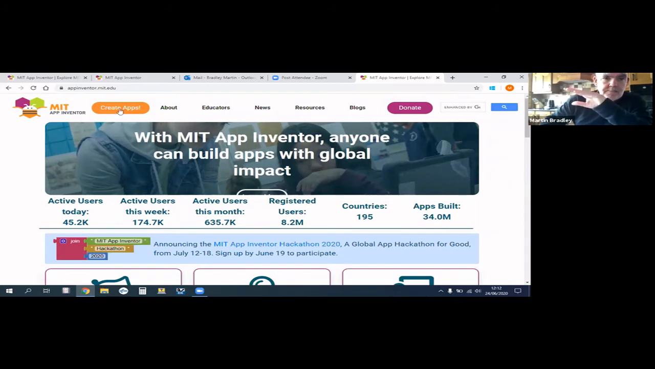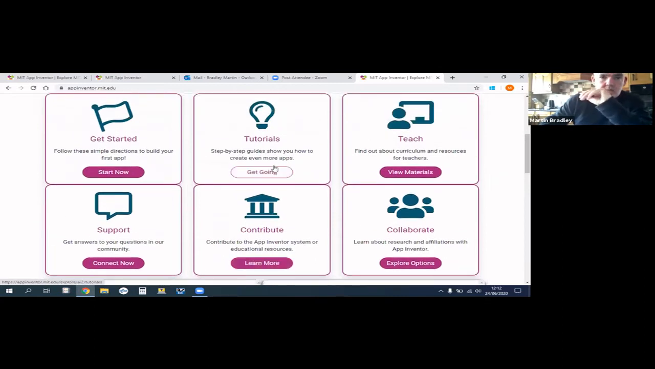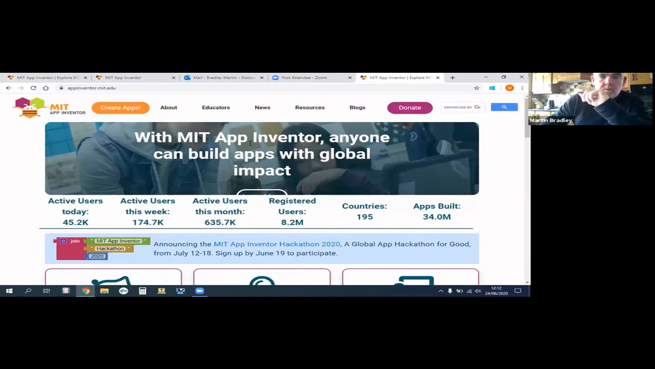The next is, by the way, on the home page, they have loads of tutorials and getting started. One thing I'd like to mention is that MIT App Inventor at the moment is only for Android devices, but I have another link where you can do it for Apple devices. But I think just to get used to the design, we'll start with the Android devices, because it's easier to